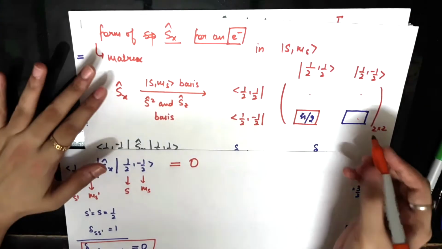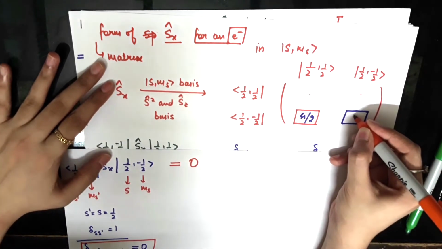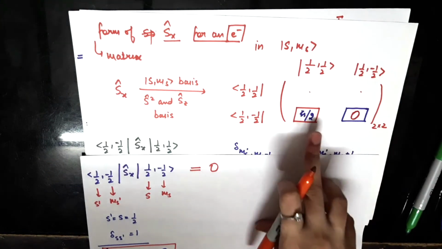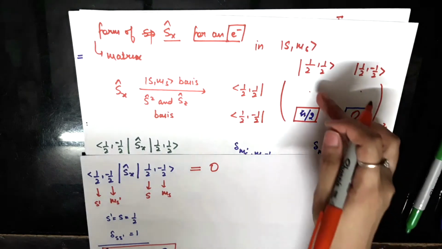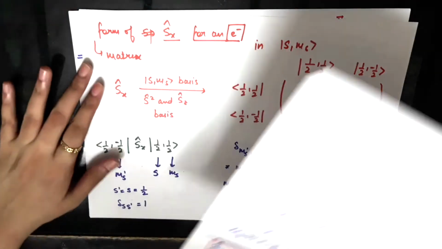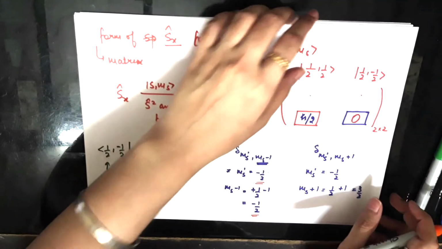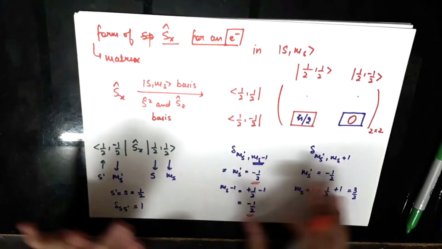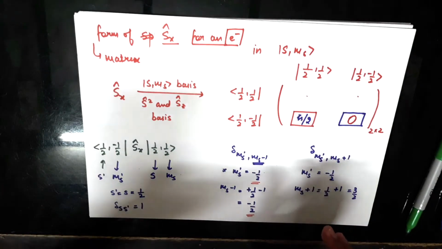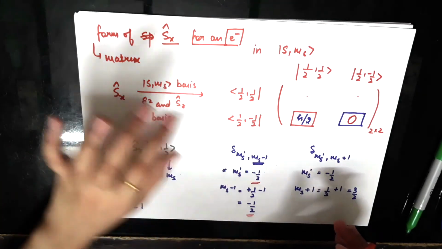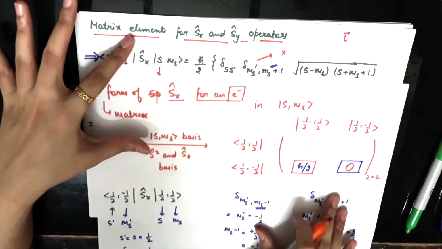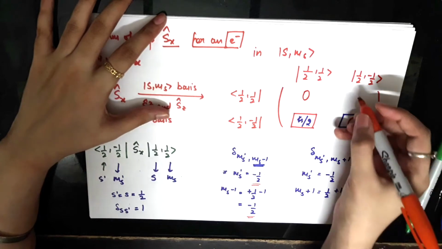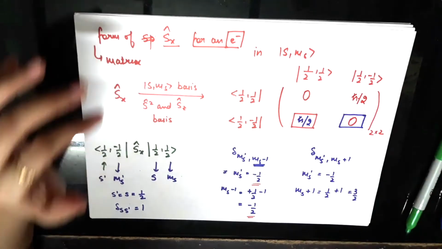The matrix element that I started off with was this one, and I get a 0 for it. So in this case there are off-diagonal entries, and the other terms you can figure out for yourself. You can compute for yourself. I have set up the procedure, and it's pretty simple. You figure out the deltas, whether they survive or vanish, and then you just put these values in the remaining terms in this expression. You'll figure out the matrix elements, and the others would be explicitly this is 0 and this would come out to be ħ/2.